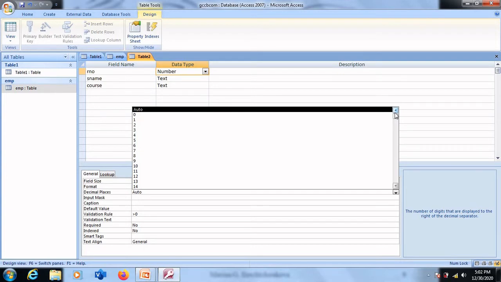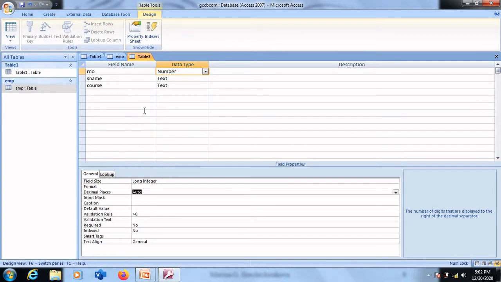Roll number we should not have any decimal places, because roll number is a complete number. We cannot have roll numbers such as 10.5, 15.5, etc. Hence, in case you don't have a fractional number, we'll keep decimal places as auto. So for roll number, let us have decimal places as auto, and we'll have validation rule as greater than 0. With some more tables, we'll learn all these properties.